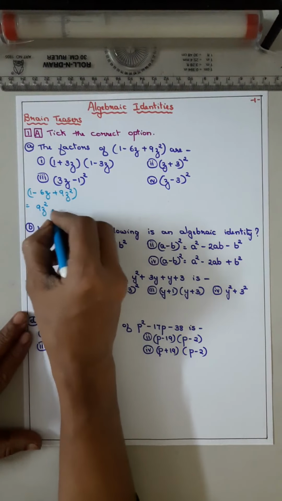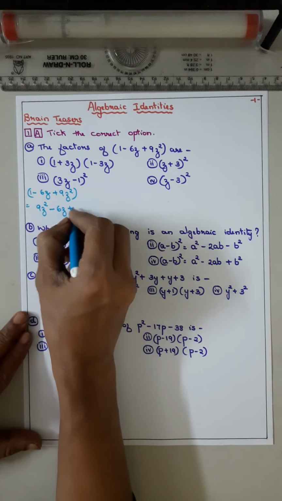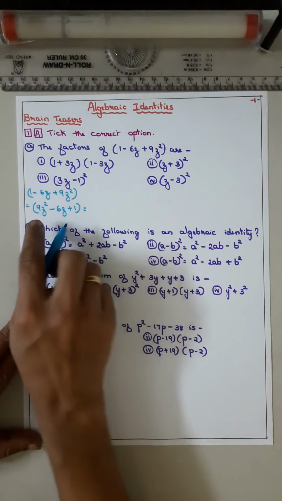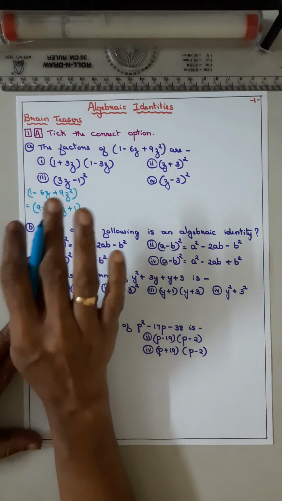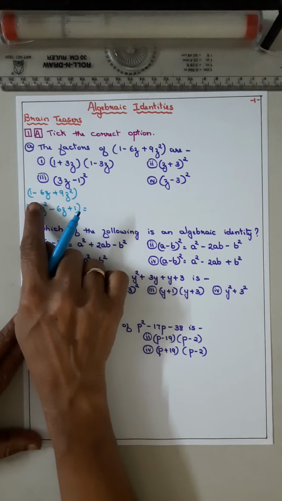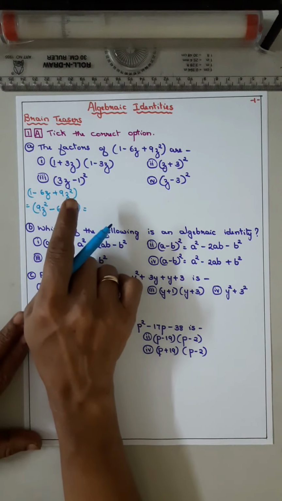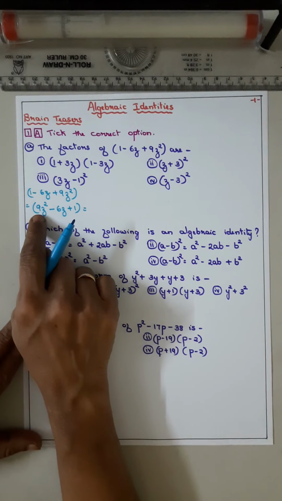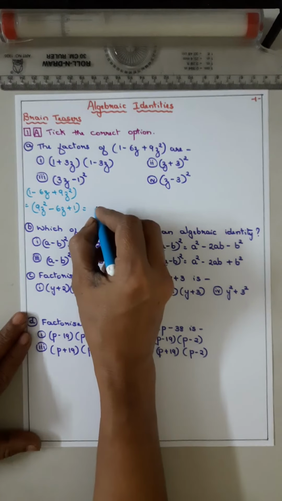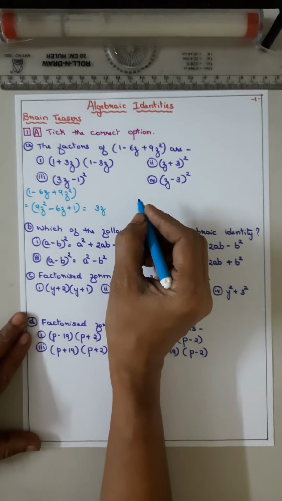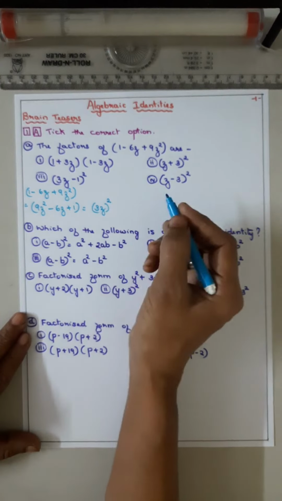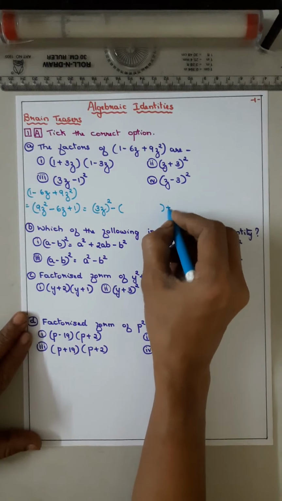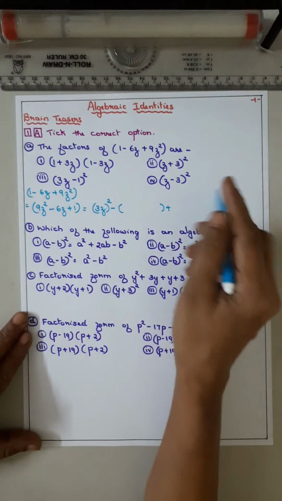9z squared minus 6z plus 1. If you write it like this, so it will be 9z squared, 1 squared also, that is also okay. But it will be better if you write it this way because you are familiar with it. So 9z squared, किसका स्क्वायर है? 9 is of 3, z squared is of z. So 3z the whole square minus, put the bracket, and 1 is a square of who? 1 squared.